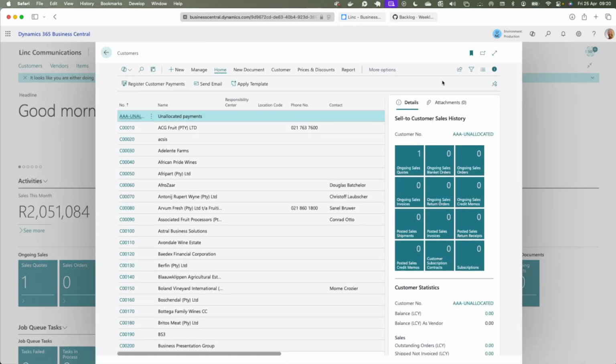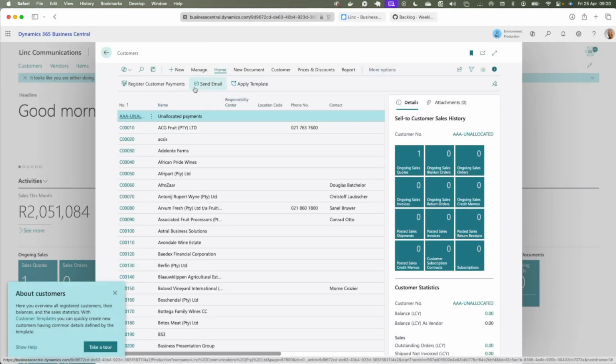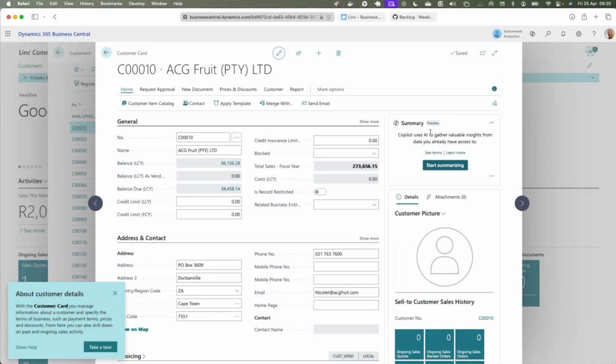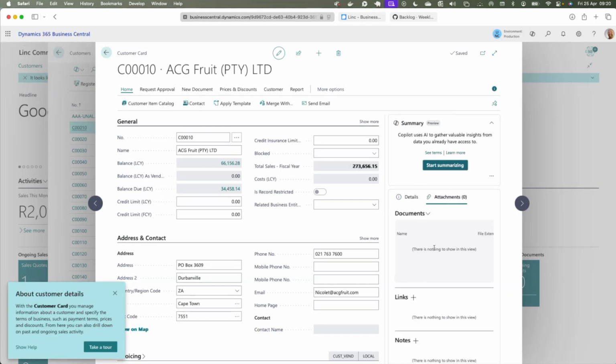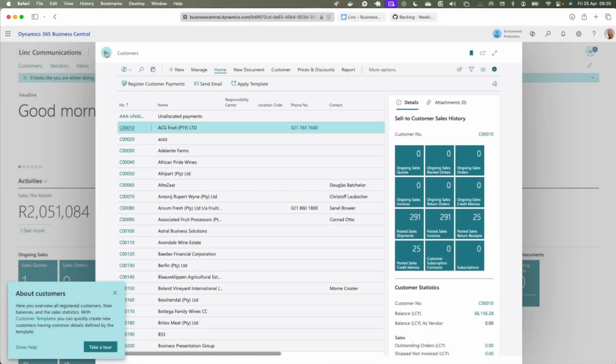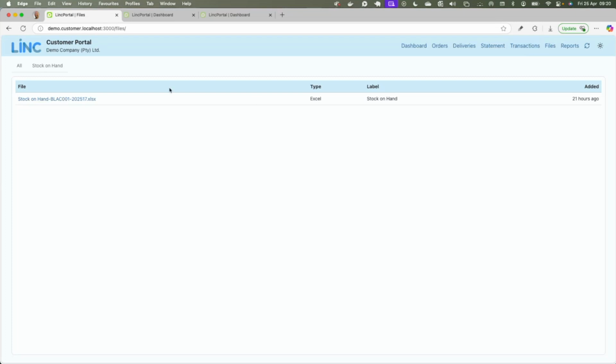For instance, here in our database, if I go to a customer card and I look at attachments here, any attachments I've made here can be shared to the portal. And then your customer will see those attachments here, and it'll be grouped into, let's call it labels or folders, by whatever labels or folders you created.